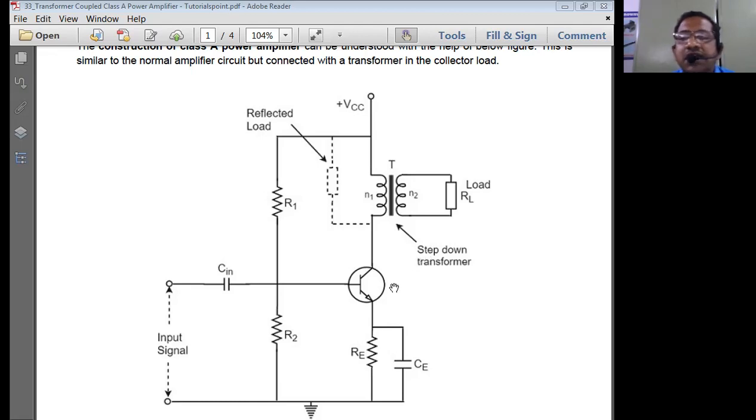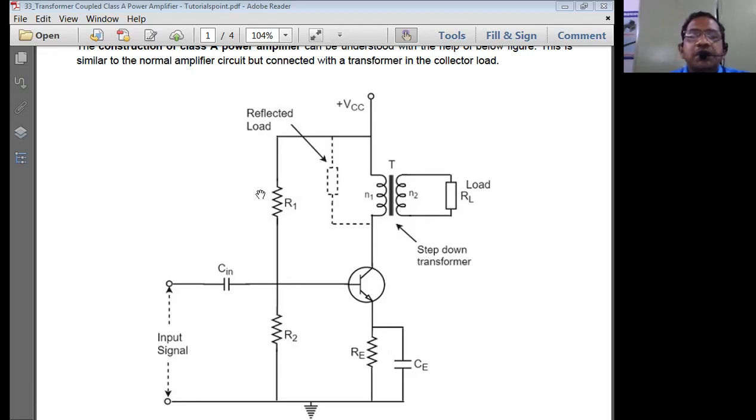That means the CE amplifier is normally going to process the complete 0 to 360 degrees of the input signal. That means the collector current of the transistor is normally going to flow for the entire 360 degrees of the input signal, in the case of the class A type of power amplifier. So this is also a class A power amplifier. Therefore, here also the output collector current is going to flow for the entire 360 degrees of the input signal. Therefore, it comes under the class A type of power amplifiers, right?